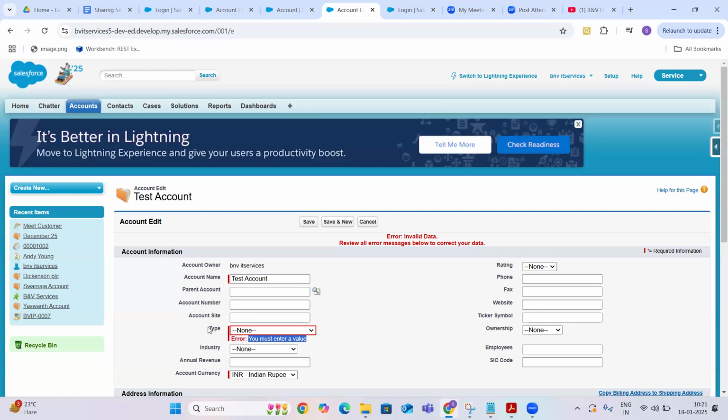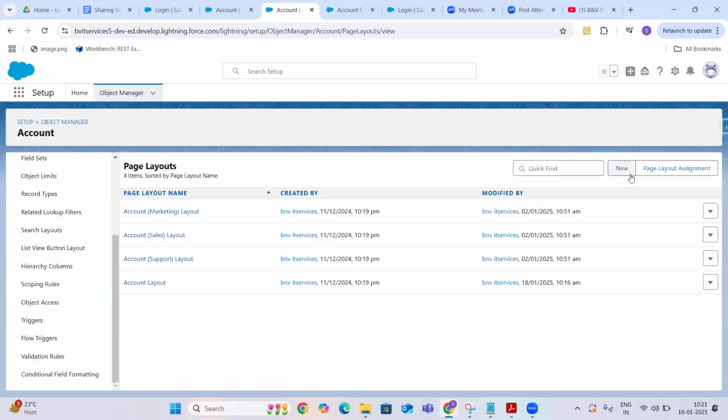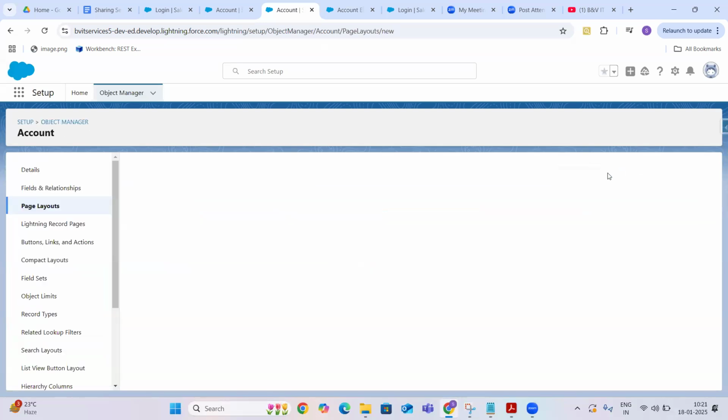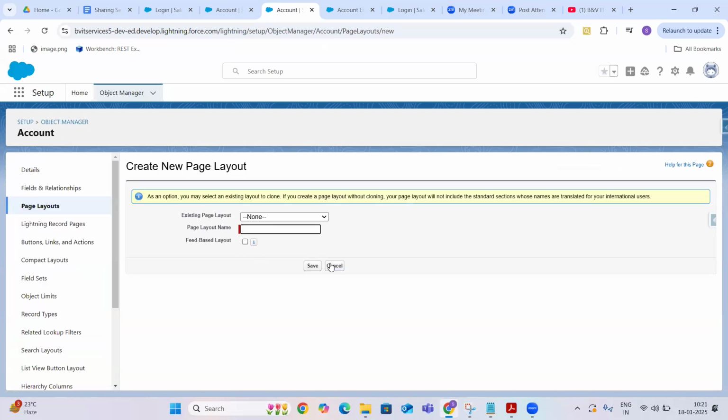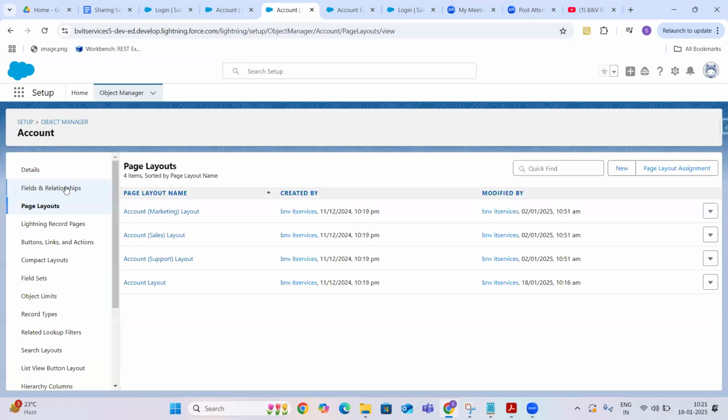At the time of creating the field, you can make that field a required field.